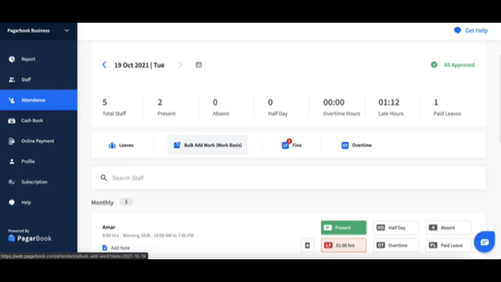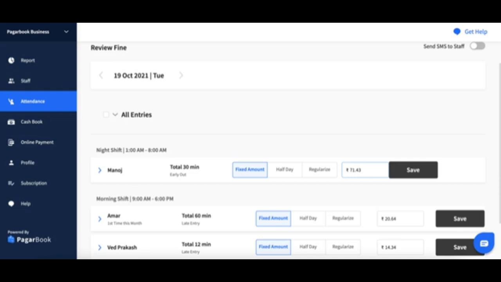For example, if you have already approved 4-hour overtime for an employee on the review page, if the employee scans their face again after 2 hours, this won't change their overall overtime to 6 hours as the entry is already approved.